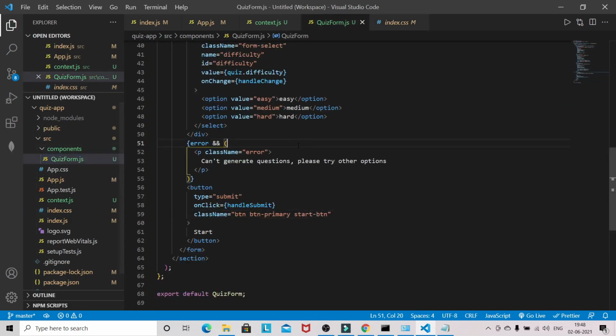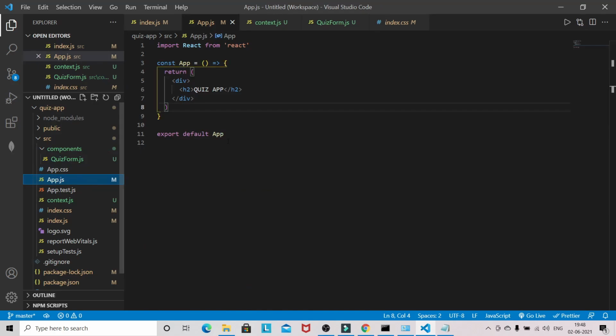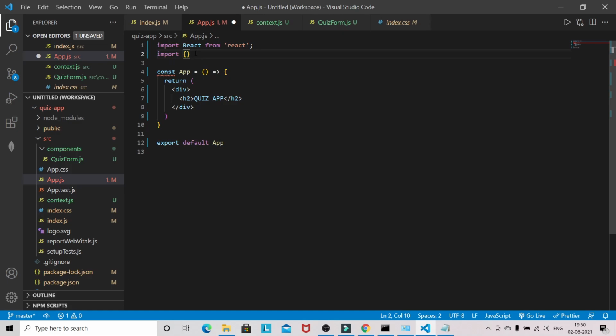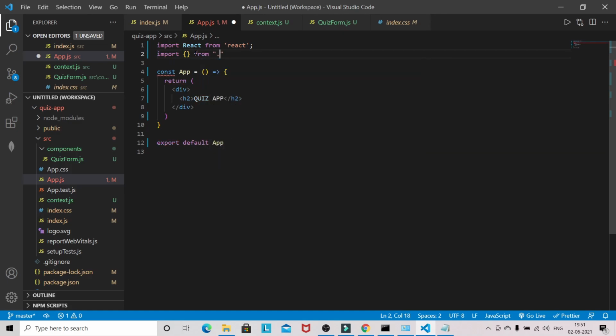Okay, I will show you the rest of the other styling as we progress through this video. Okay, so now in order to show this form, we have to come here and app.js. Okay, so in app.js we have to do some setup. So we need to add the global context here. So we will be using the global context.